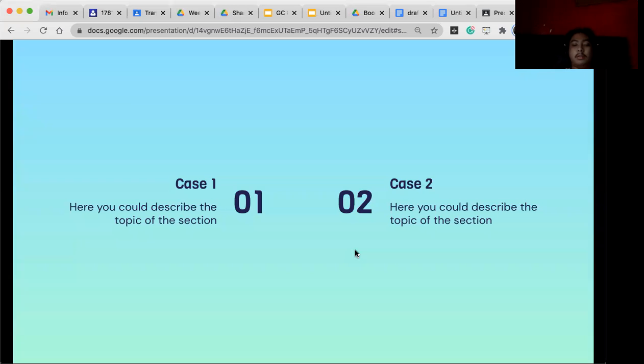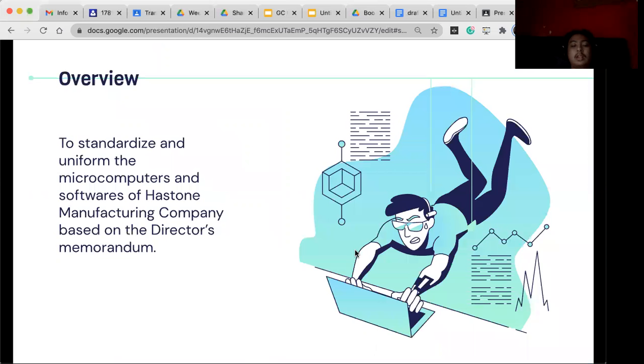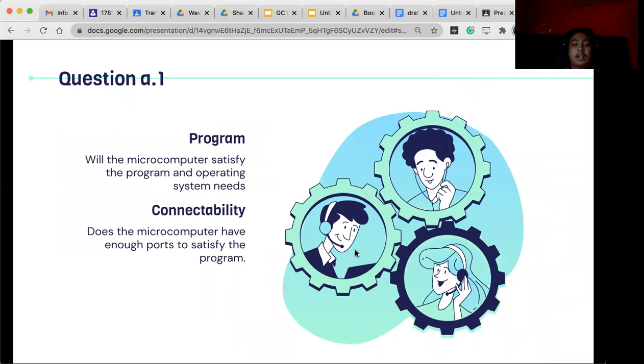I'm going to discuss two different cases, moving on to the first case. The overview is to standardize and unify the microcomputers and software of Hanston Manufacturing Company based on the director's memorandum. So for question A, number 1,